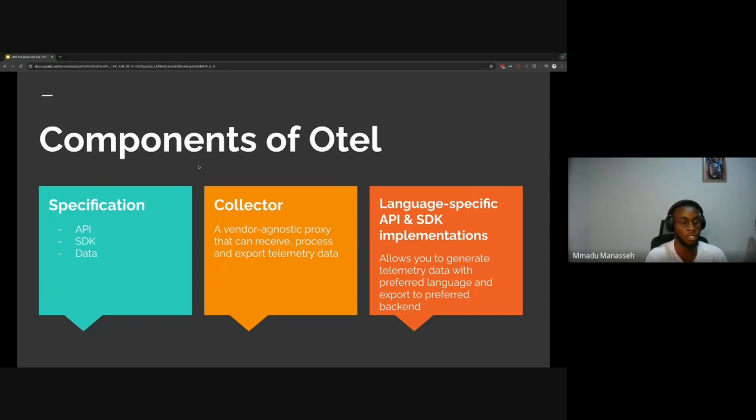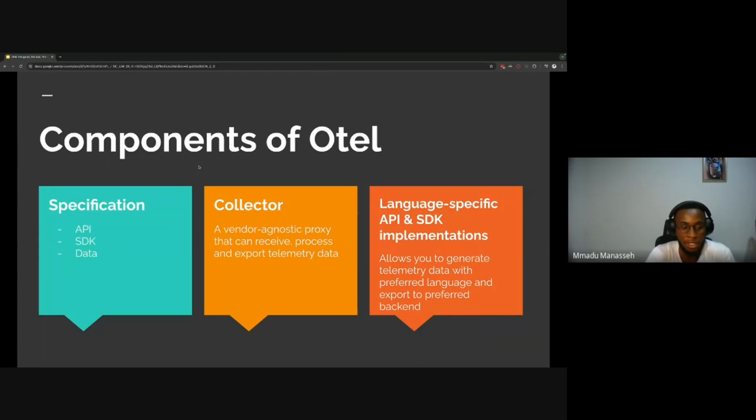If I know these specifications, I don't need to stress myself with learning something else when I'm moving to another service, because I know that this is going to transfer from the last program I wrote to the new program I'm writing. That's the first component of Otel, all these defined rules around how to do things.